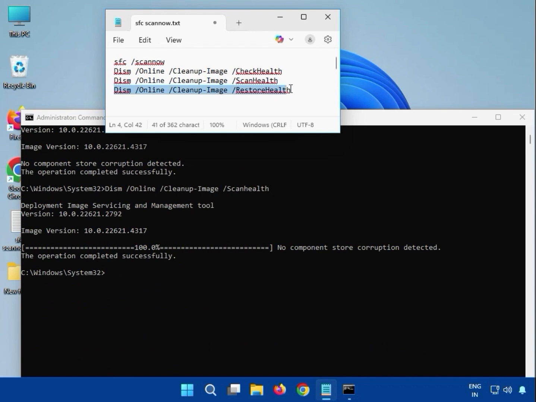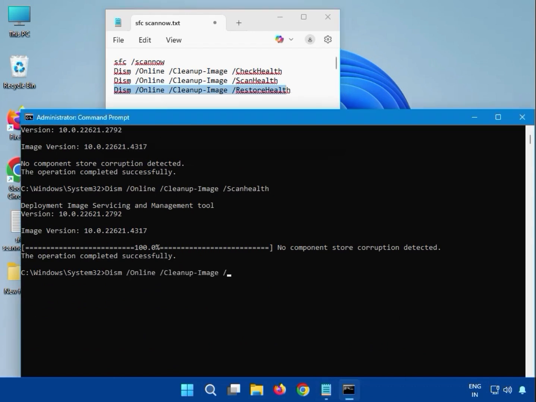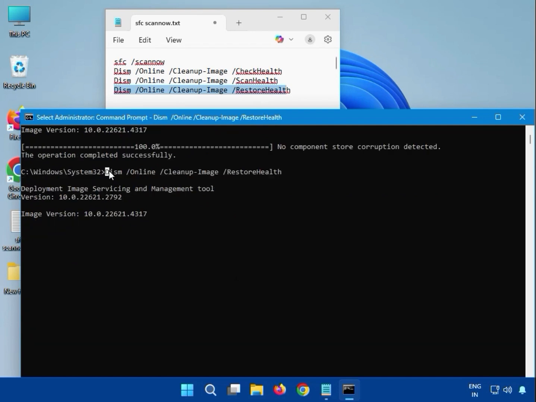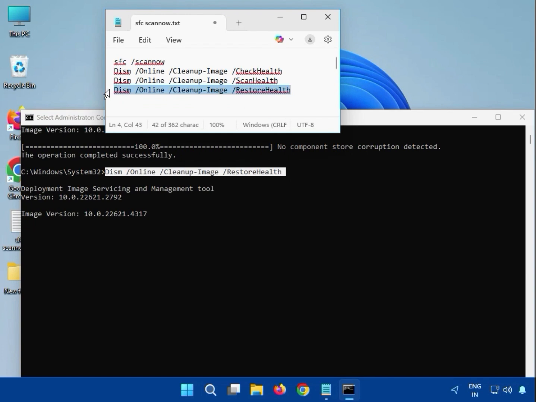Then guys, the fourth one, which is restore health, you can see here we can enter DISM and so on, and please note small and capital. Okay, restore health, and then hit enter. Again guys, you have to wait. Okay, the percentage will start, and it will complete. After that you can see here